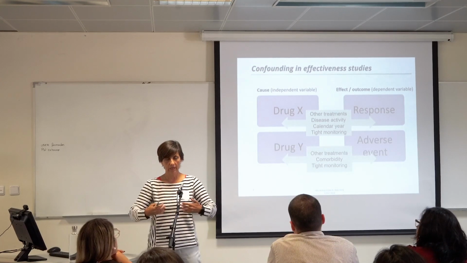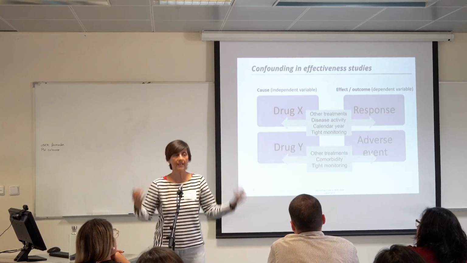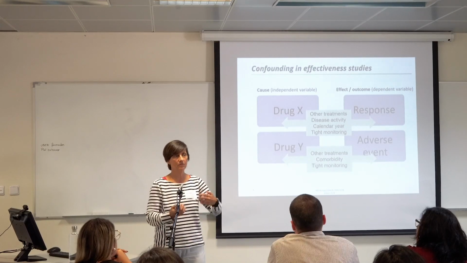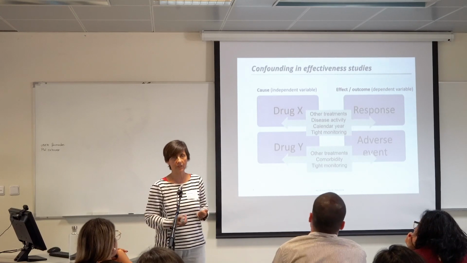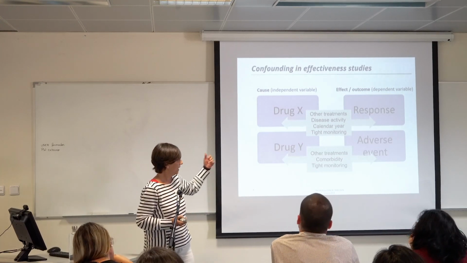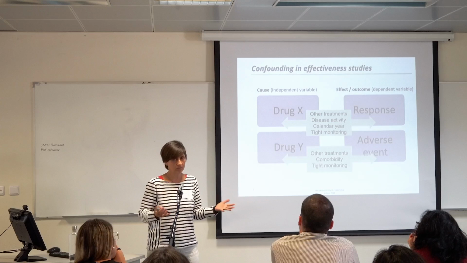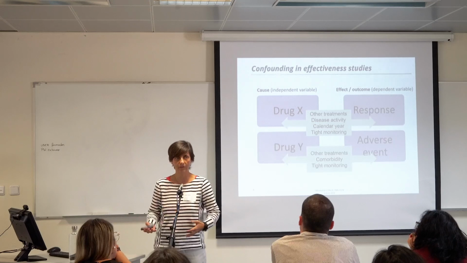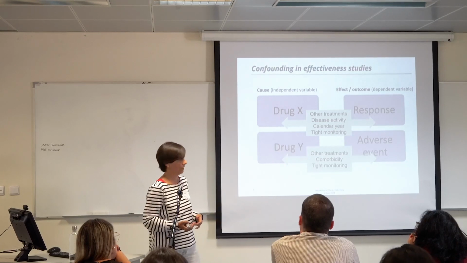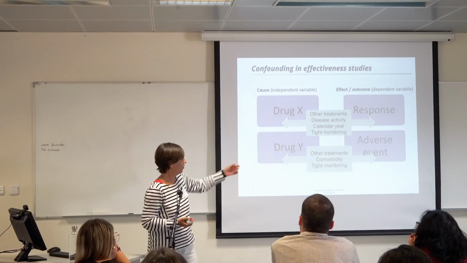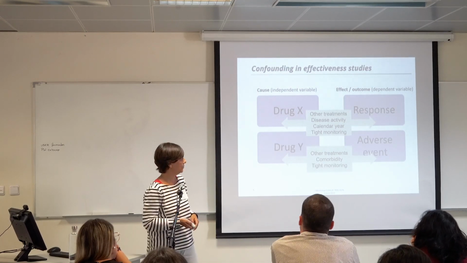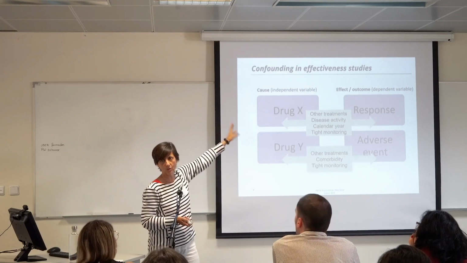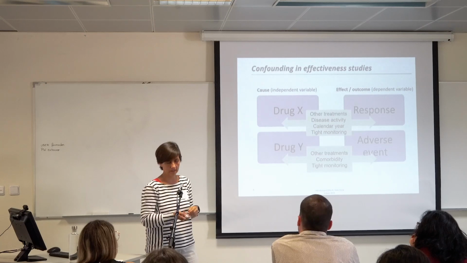Imagine you are giving a complex intervention with physical activity, very intense physical activity, and also nutrition, and you get some disbalance in some of the groups, right? Also because they might have comorbidities, and imagine you are just giving intense physical therapy to people who have a cardiac disease, and you are getting more strokes in one group. Or also because of the tight monitoring, okay, that is unbalanced. So there are many other things that could get in the middle between your treatment and the response, or your treatment and the side effects.